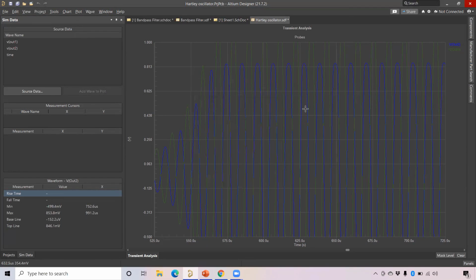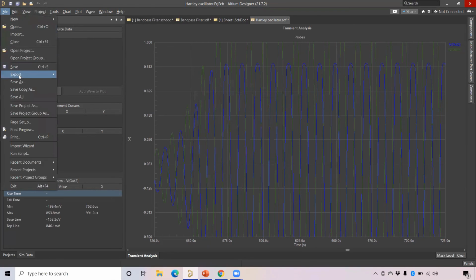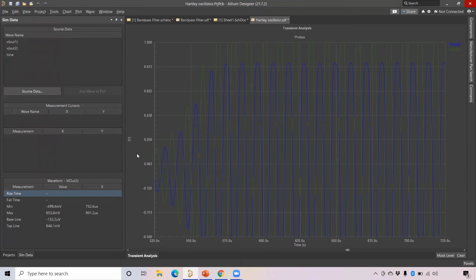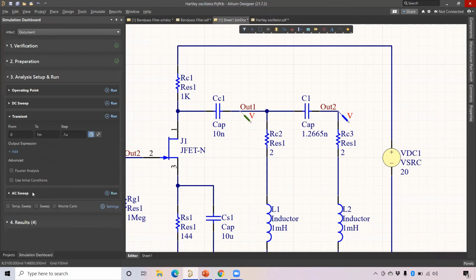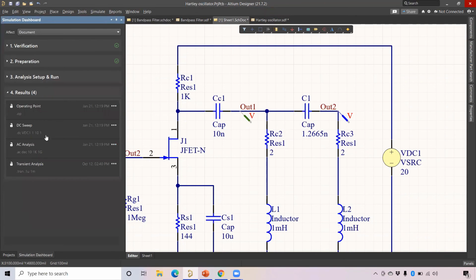Also, if you want to export this result, I want to export the data. So you can go to file, export the chart or plot. It will be exported in CSV format in the project itself, and then you can see the outputs. Next, when you go here, you can go to your file. When you come here, we have seen all the outputs. Again, we can see the results here.